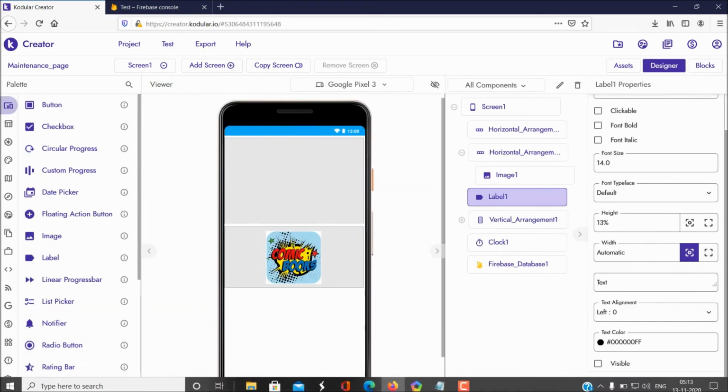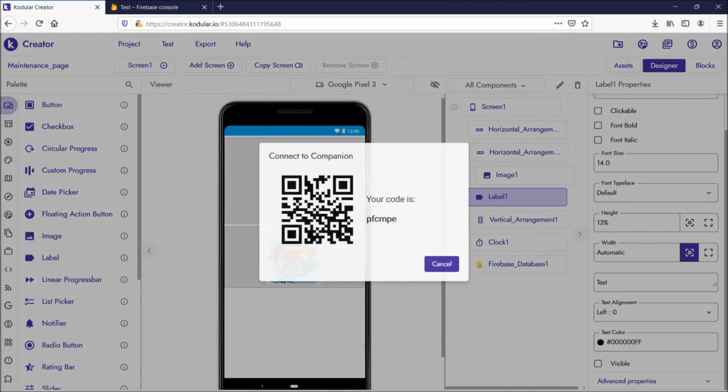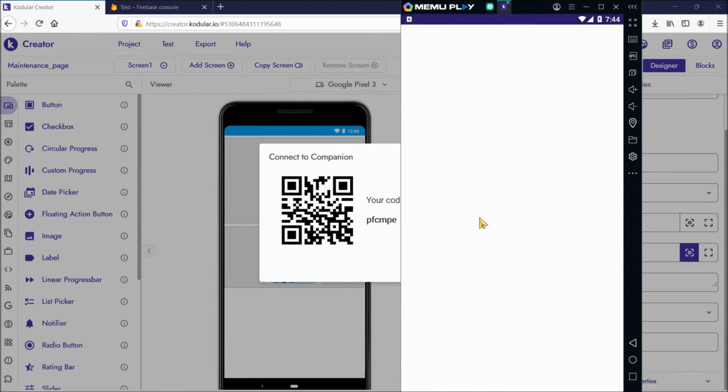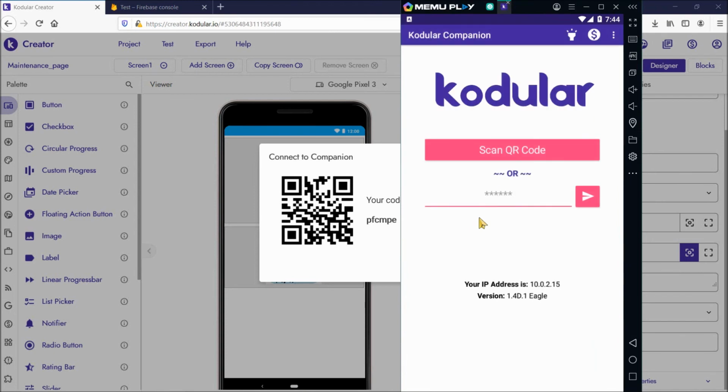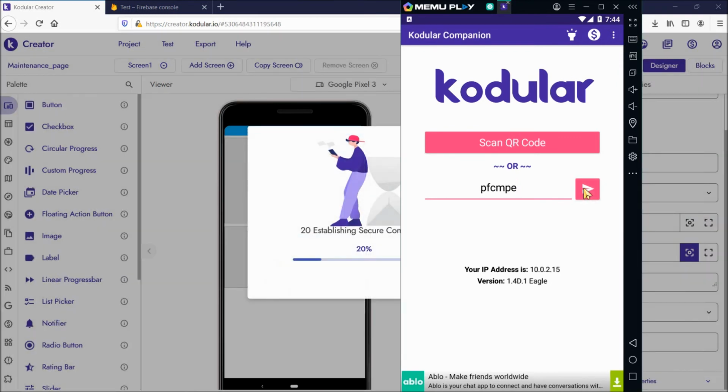So let's test this app in the emulator. There's a small thing, guys. The maintenance page is very easy to implement.